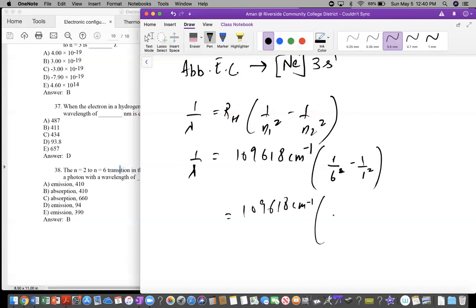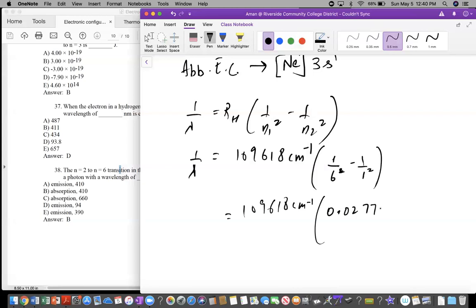Minus 1 over 1 squared is 1. 1 over 36 is how much? So you actually divide it out. I never use that least common denominator thing. Divide them. 1 over 36 is